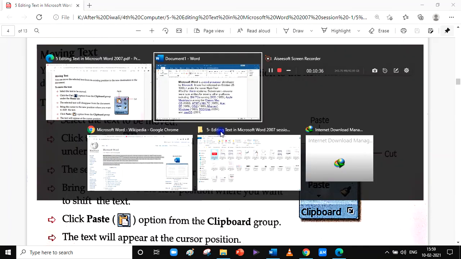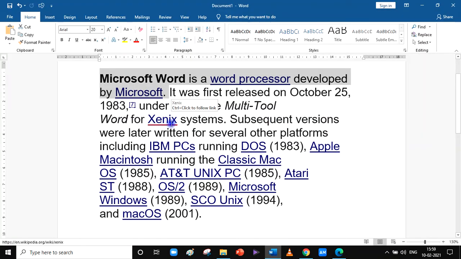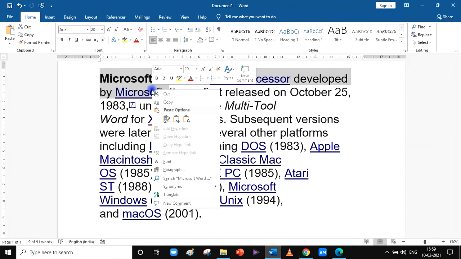So let's try to do it here also. We already selected this first sentence. Now we will move this sentence from the beginning of the text to the end of this paragraph. I need to click on the selected sentence, then some options will appear.